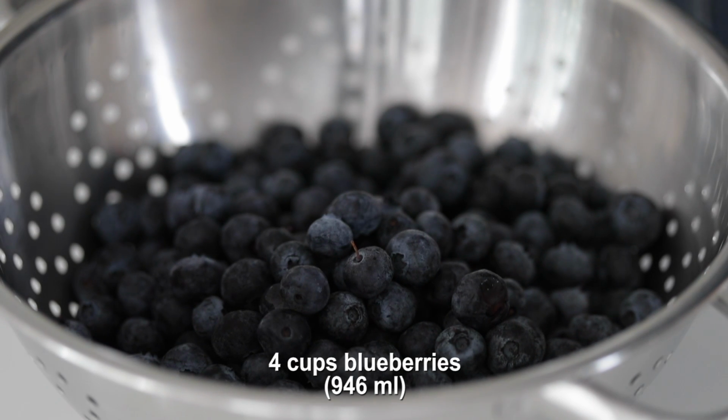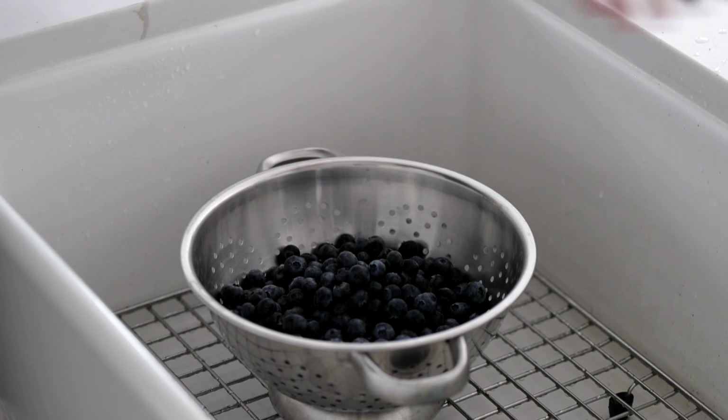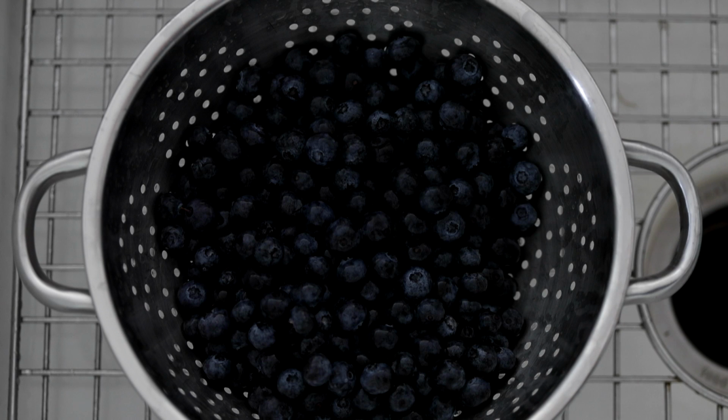rinse them. You can absolutely use frozen blueberries in this recipe if that's all you have. Transfer the colander to the sink, and we're just going to run some cold water over top. Just give them a quick little rinse, and you can absolutely just leave them right there in the sink in